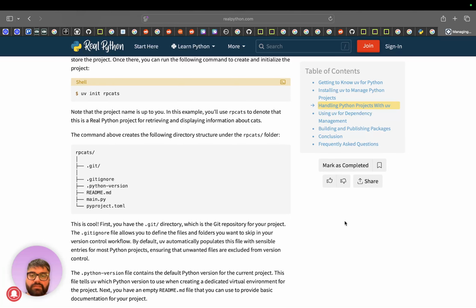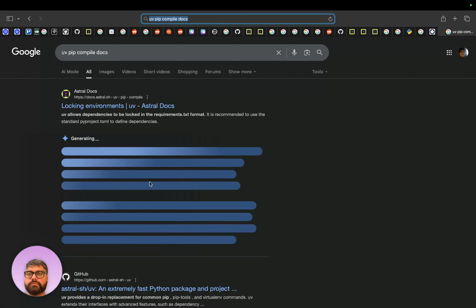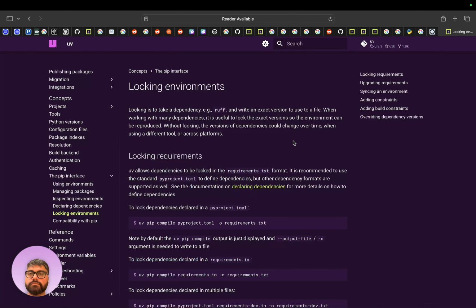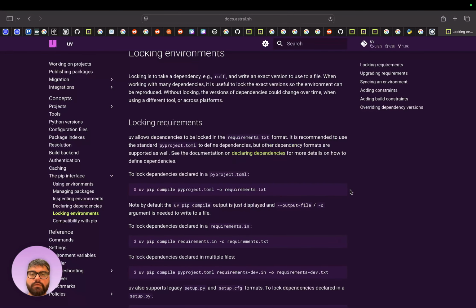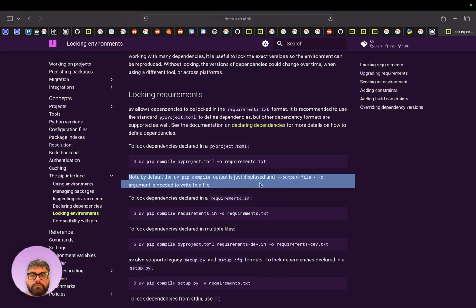This is something I don't like about CLI tools. UV pip compile. Let's go to the docs. By default, UV pip compile output is just displayed.